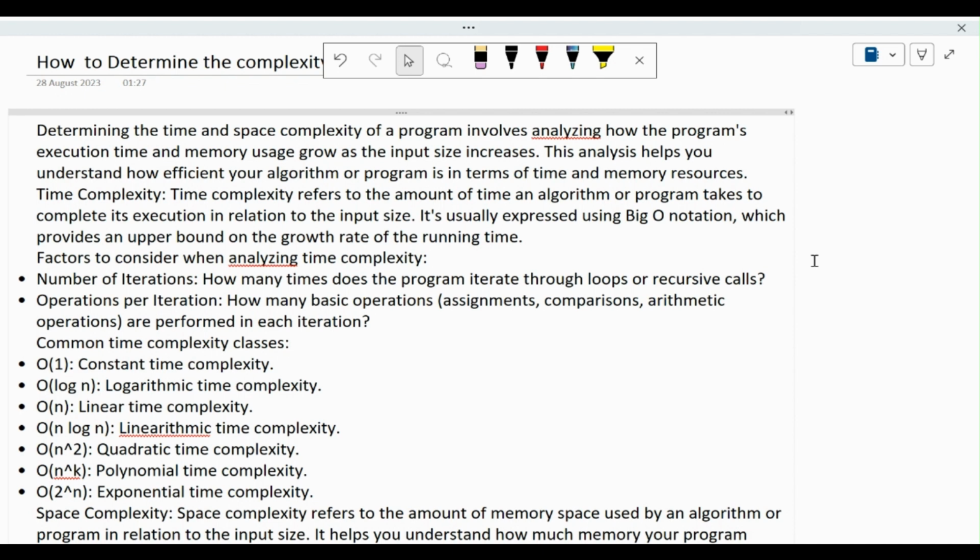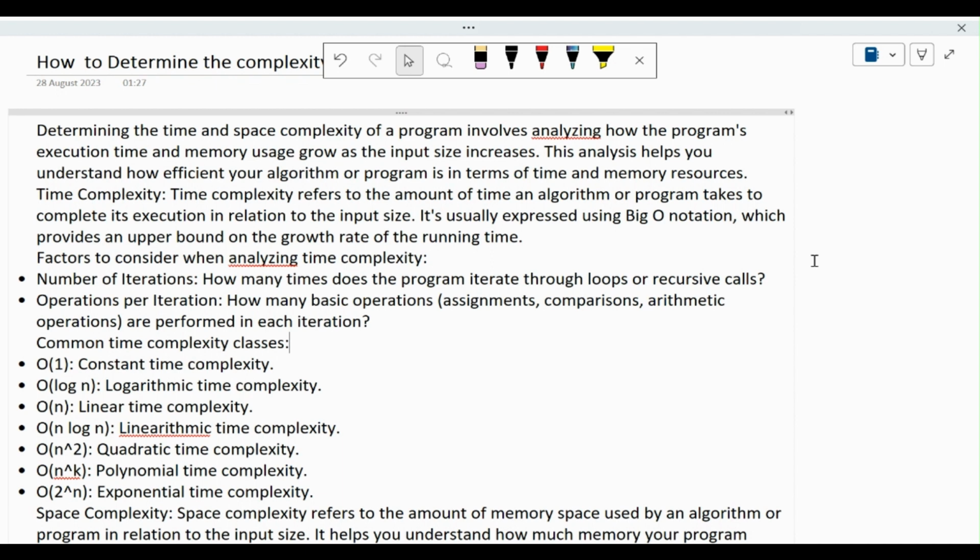Time complexity refers to the amount of time an algorithm or a program takes to complete its execution in relation to the input size. It is usually expressed using big O notation, which provides an upper bound on the growth rate of the running time. And the factors to consider when analyzing the time complexity: